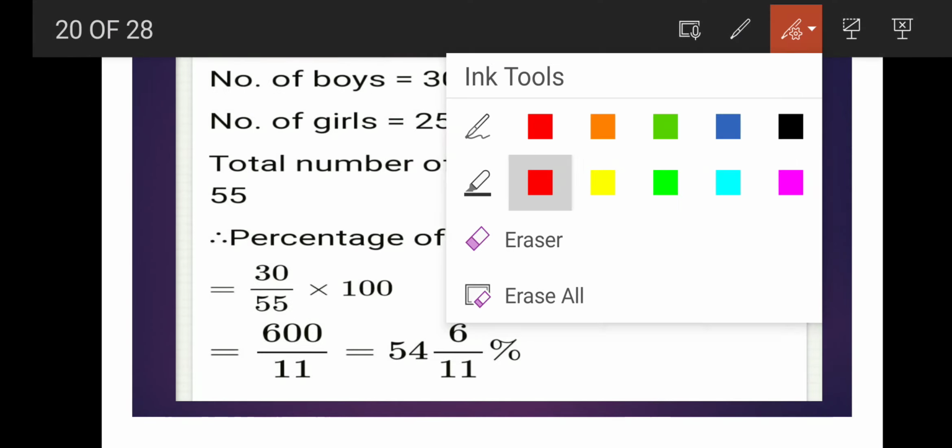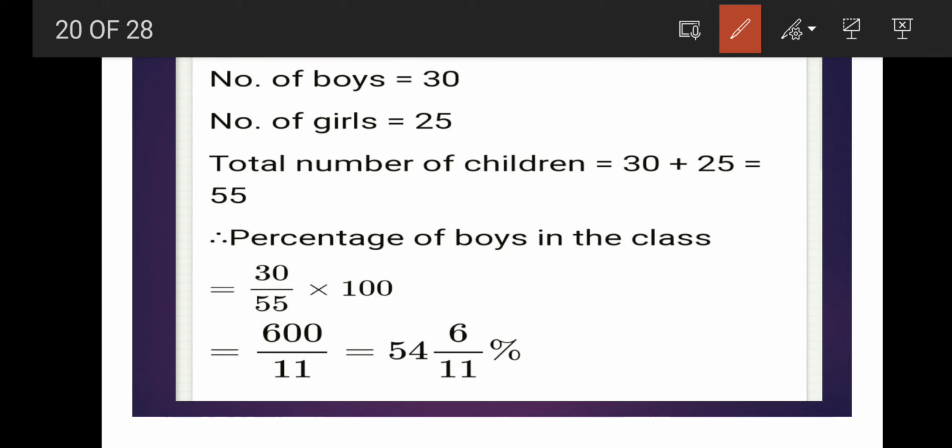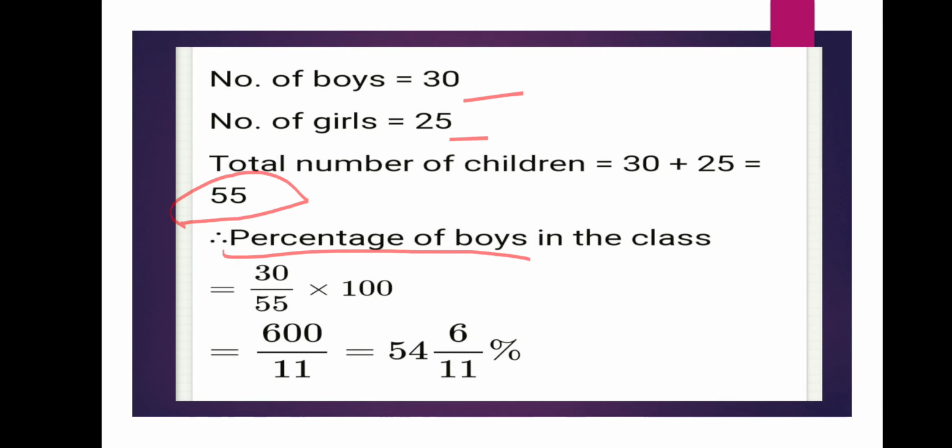Yeah, here is the step, here is the process. Very clear process I have done for you. So boys 30, girls 25. So the total number of students will be what? 55. You have to find out the percentage of boys. Means the number of boys divided by the total number into 100, and so you will get this answer. Clear? No confusion? Yes, very good. Now the next question is,